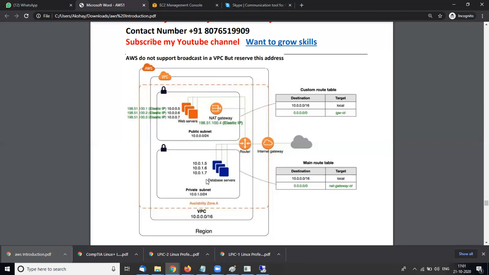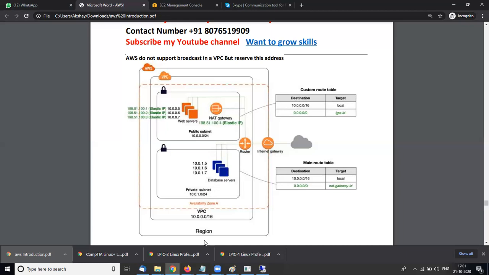I understood right now. Suppose I have a request from the internet for a private subnet. Then the route table will redirect the request to the NAT gateway, right? Yes, for the private instance.